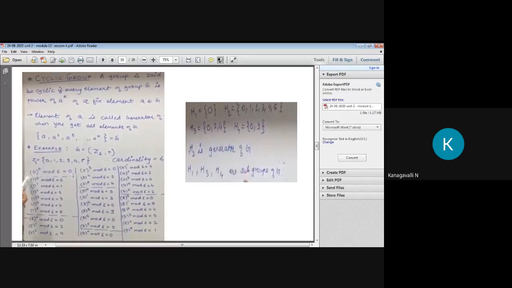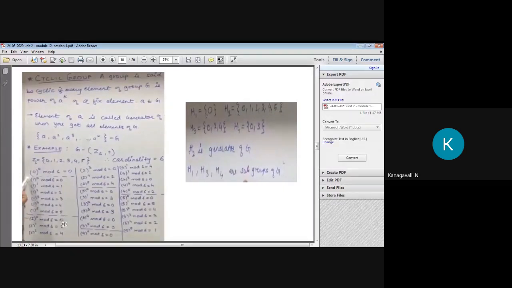First I'm choosing the 0. I finish here, so I just represent the dashed line. Here, 1 I'm completing here, right? 2 completed here, then 3, 4, 5. So check here H1, only one term, modulo remainder is 0. Then check H2, what is the modulo operator? 0, 1, 2, 3, 4, 5. So I am writing H2 is 0, 1, 2, 3, 4, 5.